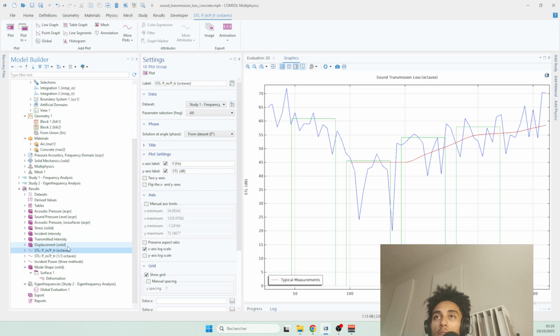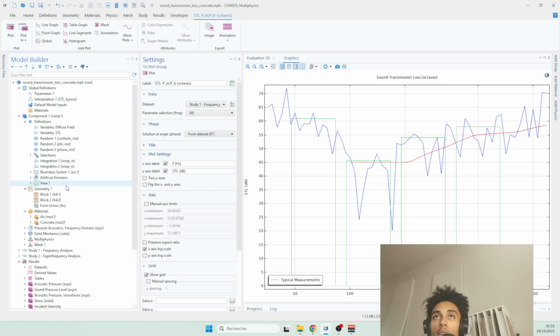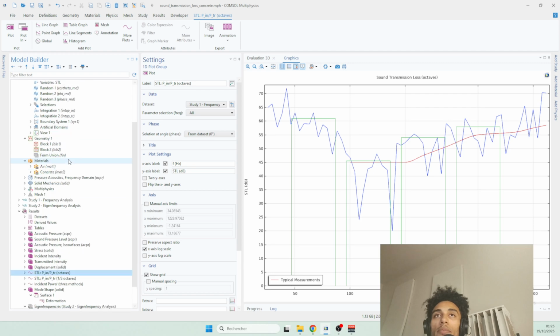The room that I've been showing the last time was my model, but this is a model from the bank. And there is a multiphysics coupling, as I've said, with mechanics and acoustics. The most interesting plot is the sound transmission loss. So let's say I play 90 dB here. This graph is telling me that at 40 hertz, I get 57 decibels of